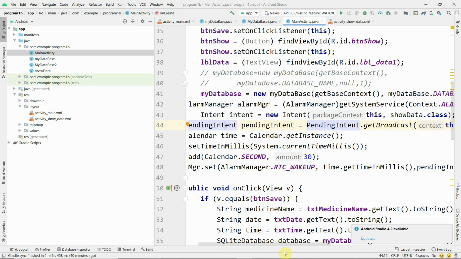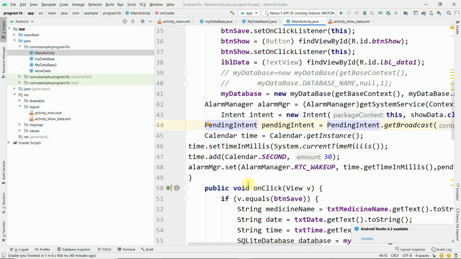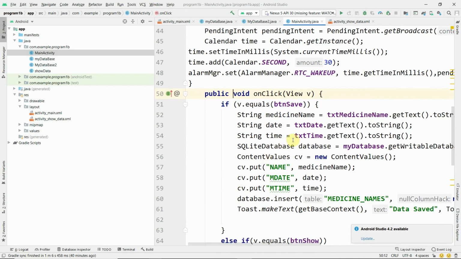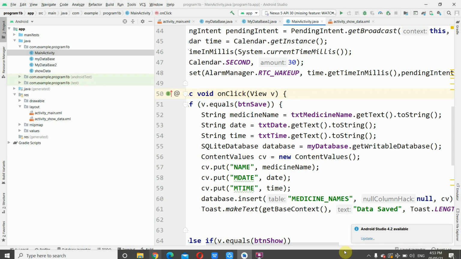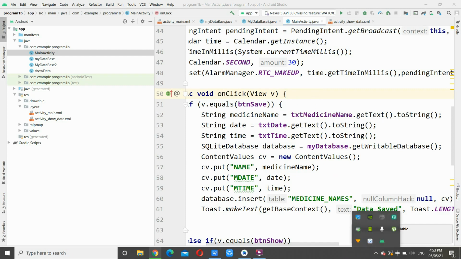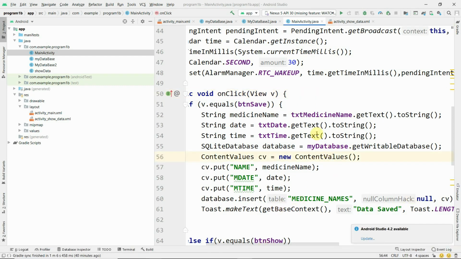Now when the save button is pressed, the medicine data needs to be stored in the database. To store it, first we have to get the data from the text box by using txt medicine name dot getText dot toString and store it in the medicine name, txt data dot getText and store it in the date, and the time stored in the time.